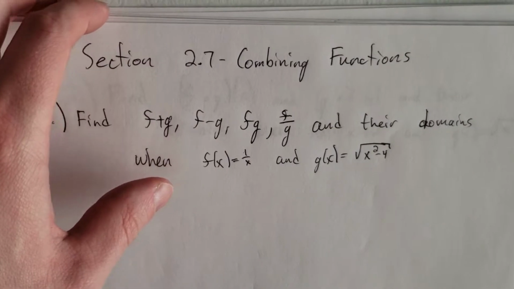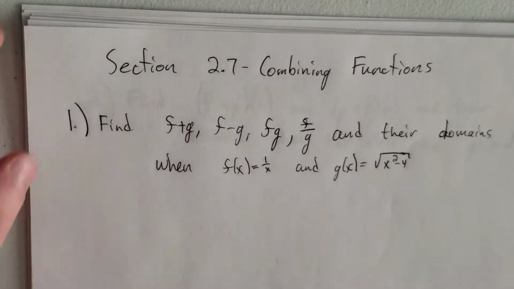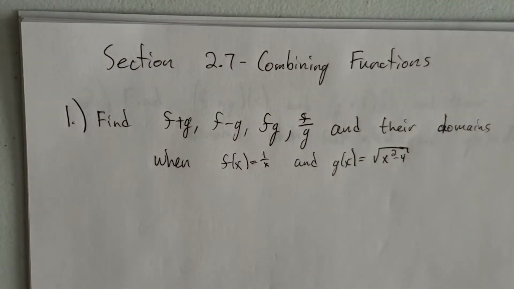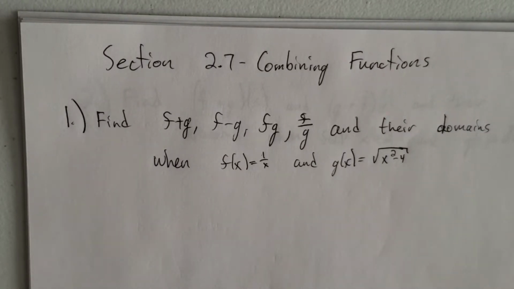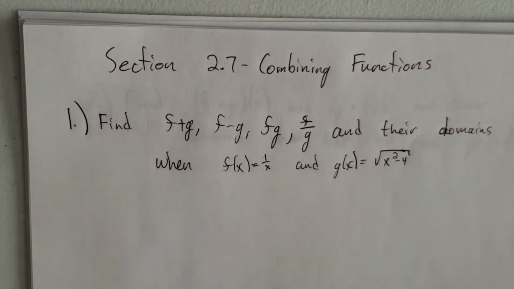In this video, we want to look at section 2.7 where we'll be combining functions. We have several different ways to do that, so I want to do two different examples. The first one is find f plus g, f minus g, f times g, and f divided by g, and their domains when f of x is equal to 1 over x and g of x is equal to x